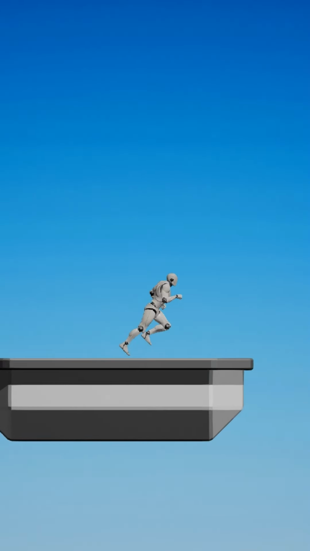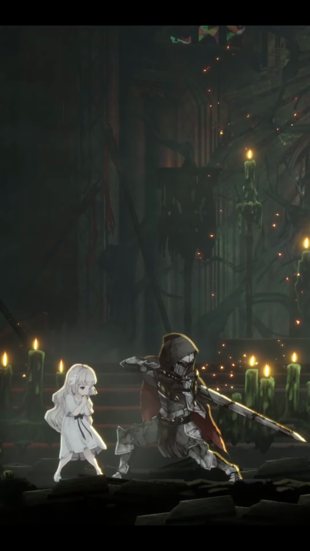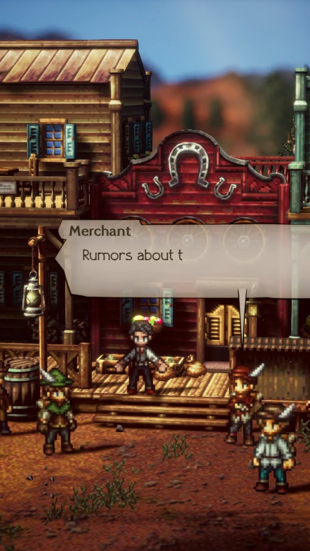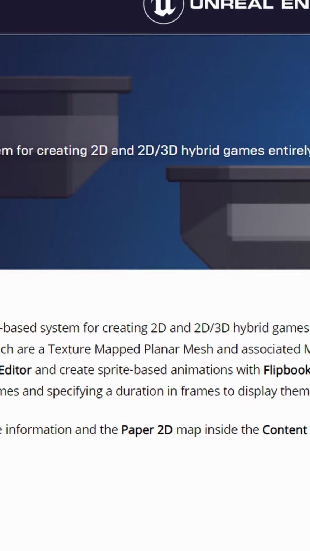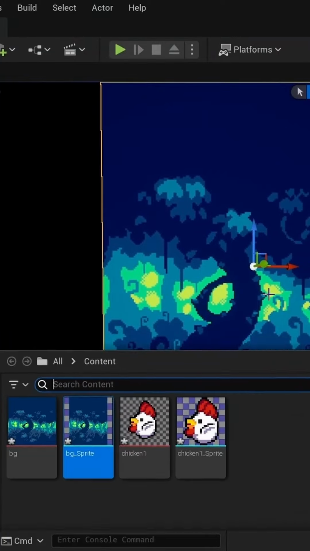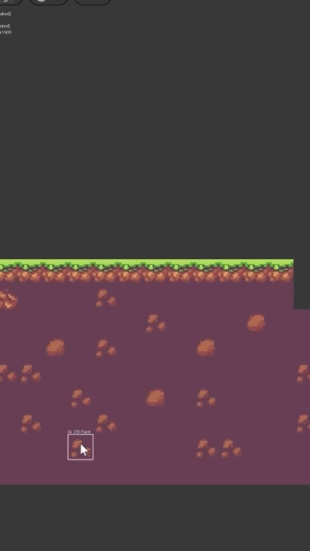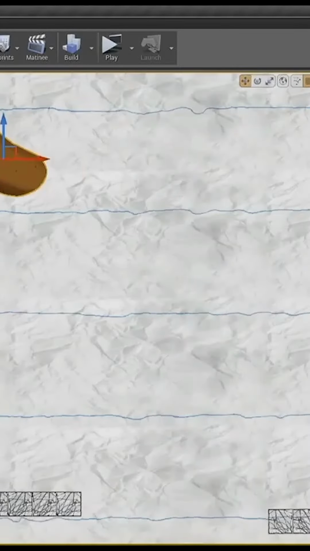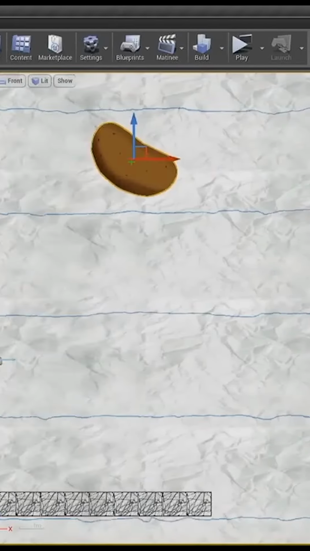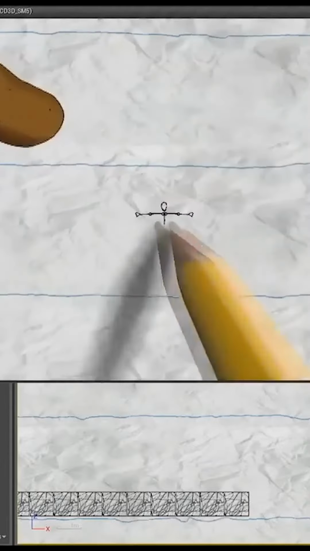Paper 2D is Unreal Engine's sprite-based system for creating 2D and 2D 3D hybrid games within the editor. It exists as an official plugin which is active by default and enables you to create sprites, flipbooks, tile sets, and tile maps within Unreal Engine. Paper 2D became available with Unreal Engine 4.3 as an experimental feature and saw the first stable version in October